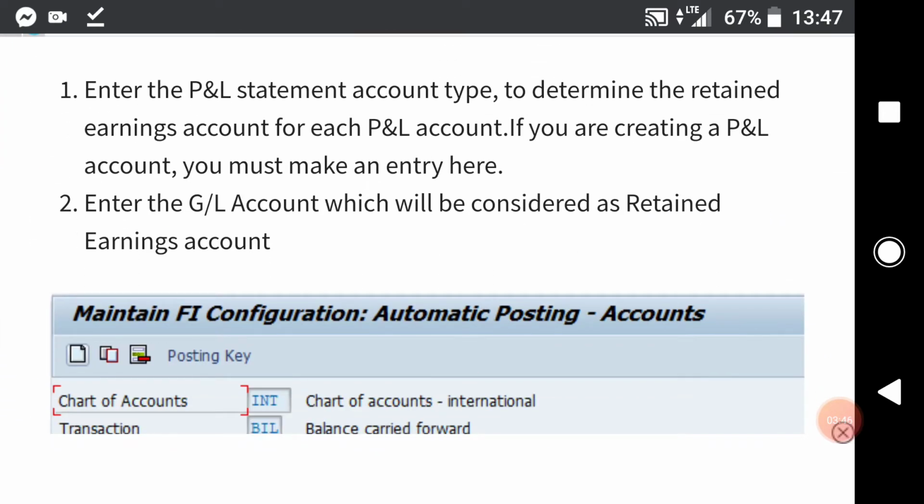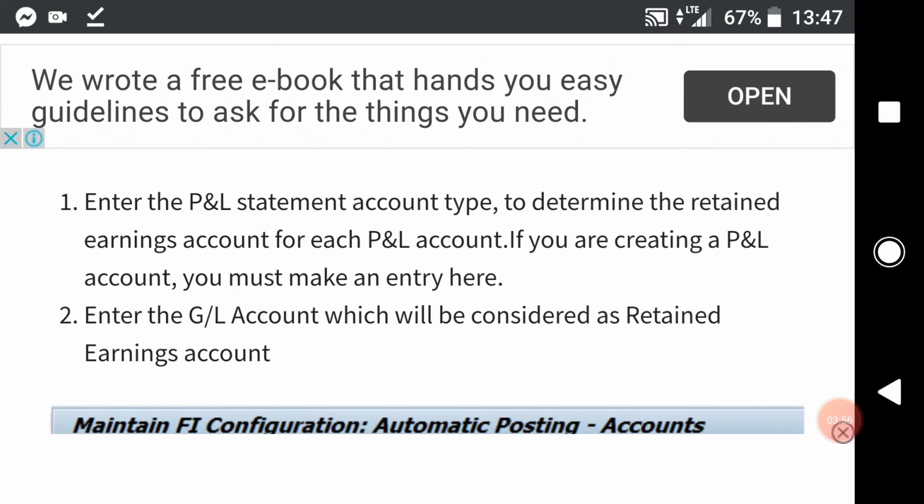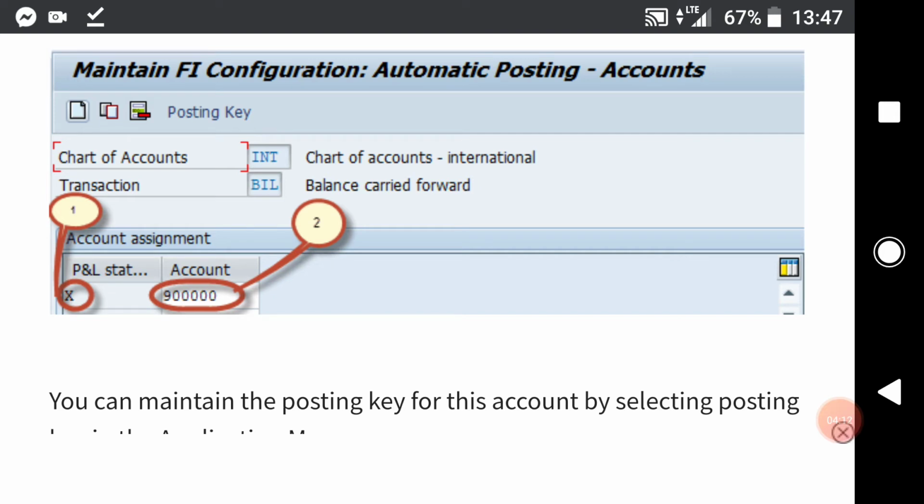Once you select the new entries, you can enter the P&L account statement type. Always create for chart of accounts international, with transaction balance carried forward, because every month it will carry a balance forward during month end, and P&L account.